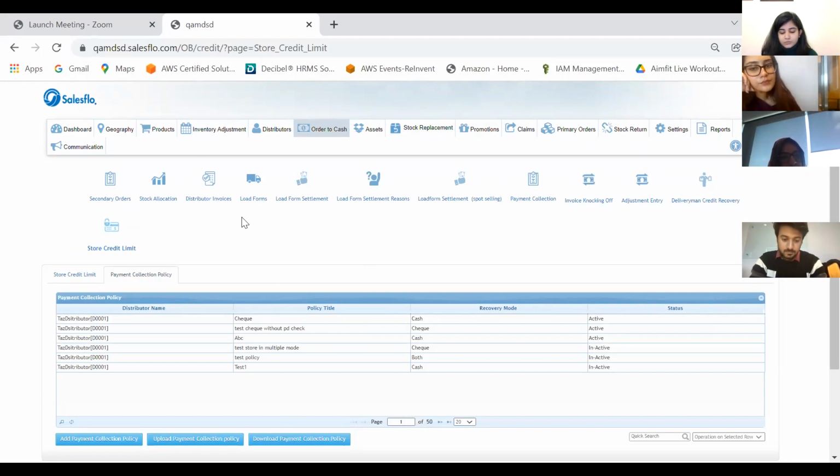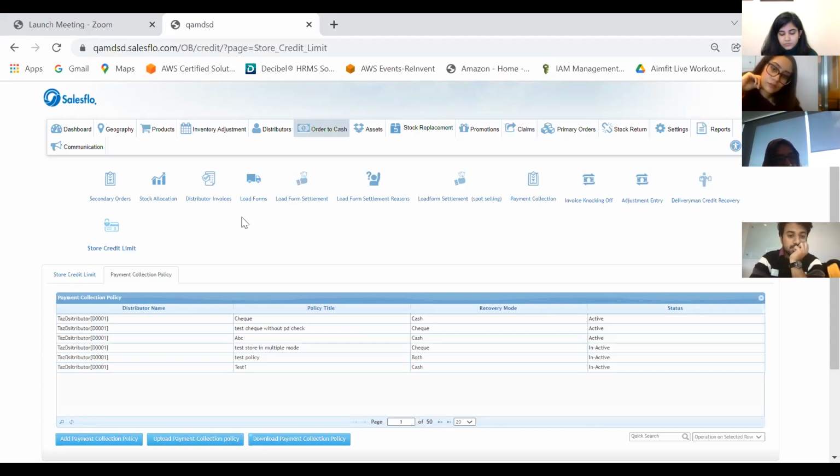So once the store has ordered and the invoice is generated, now the company or the distribution has the right to choose how they want to collect